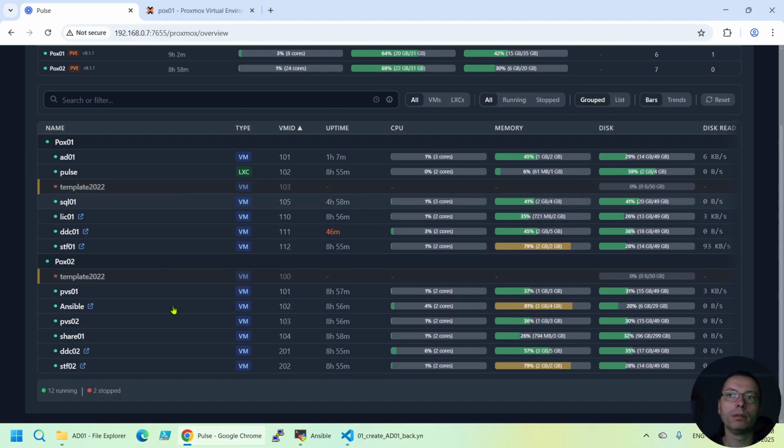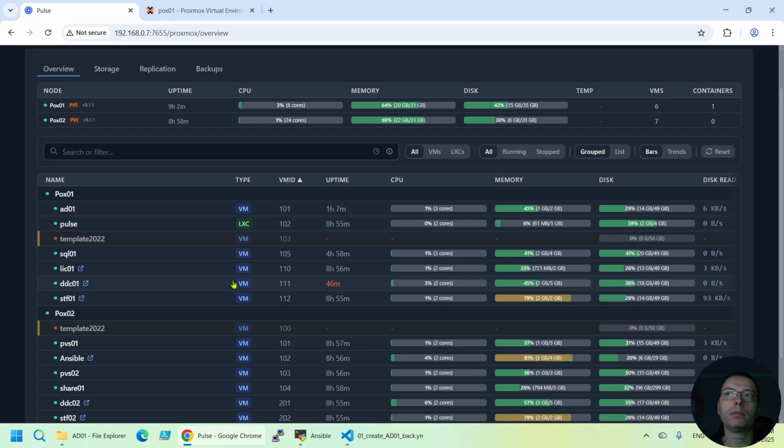And that is this AD01, so the domain controller in my case. And I created the playbook that automates this a little bit,